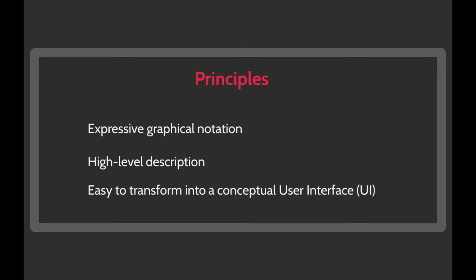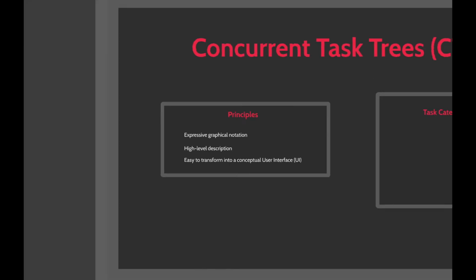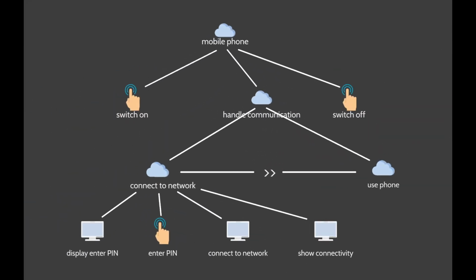We focus here on the activities called tasks. We try to avoid low-level details, like for example, click on F7 to do something. That's already too much detail. But "enter your name" is a good example, because it can be done in different ways. The same for "edit". Here, you have an example of a CTT.